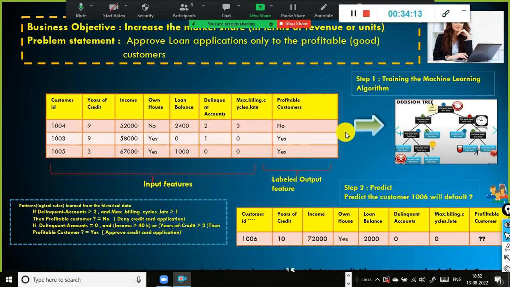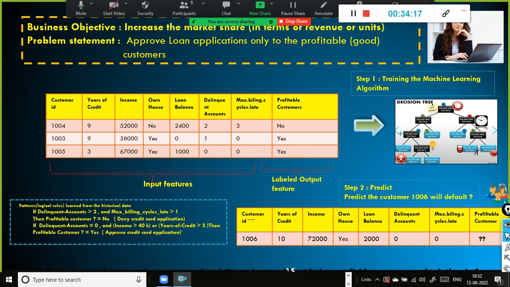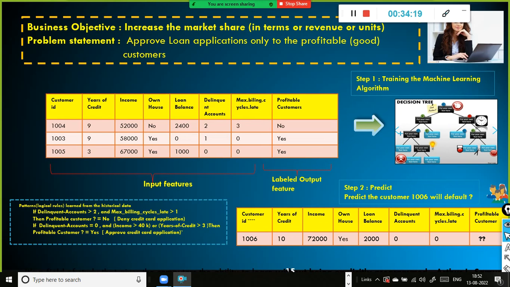Basically, you wanted to find out which customers are profitable customers, which means those are the potential customers you can trust and give the loan. Just because if I offer the loan to my customers, I'll get both the principal and interest amount. Blindly, I cannot close my eyes and approve the loans to all my customers, right?